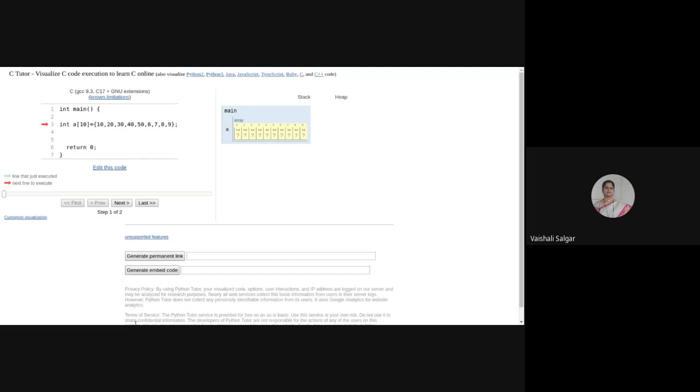But the index, a of i, a of 0, a of 1, all that will be assigned at runtime. So when I click on next, that is when I'm running my program, after execution of this particular line, the values will be stored. Yes, ma'am. Understood. Correct. Now should I proceed? Yes, ma'am.